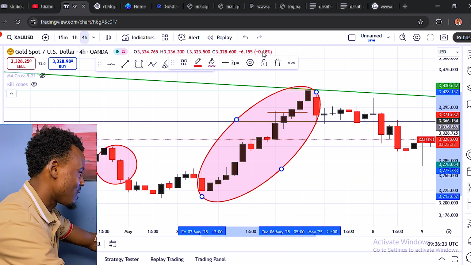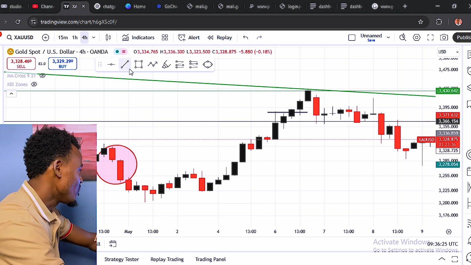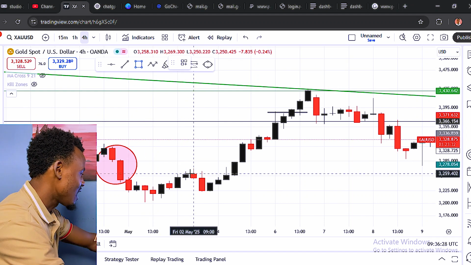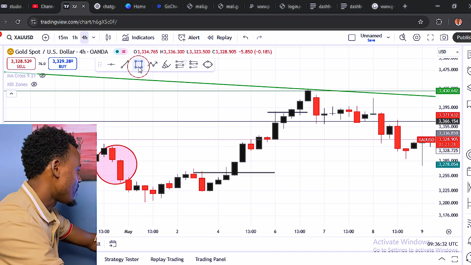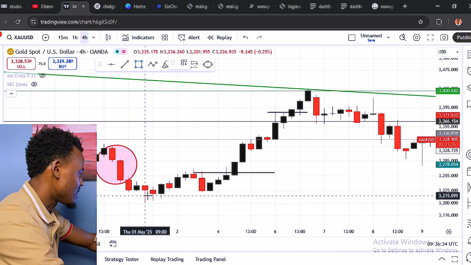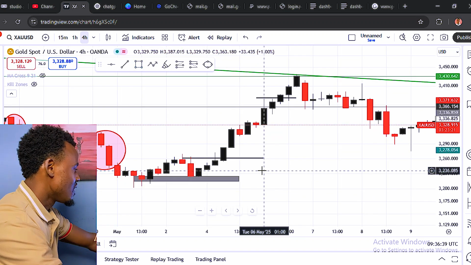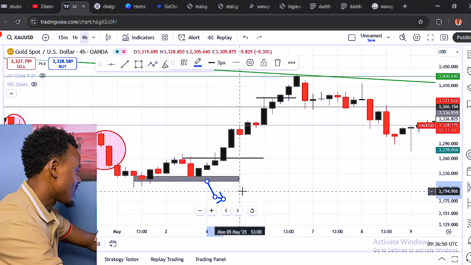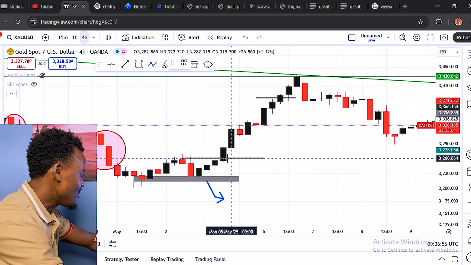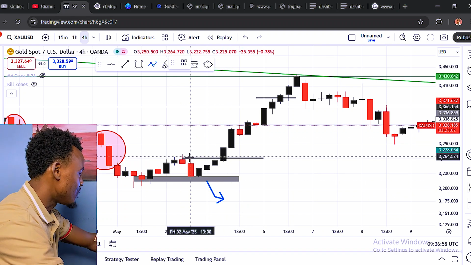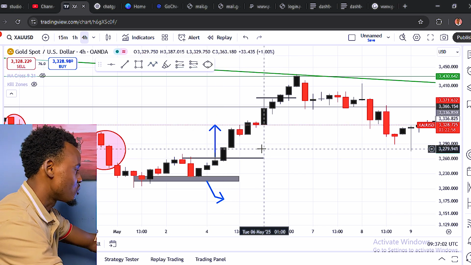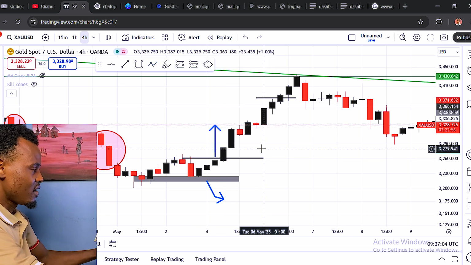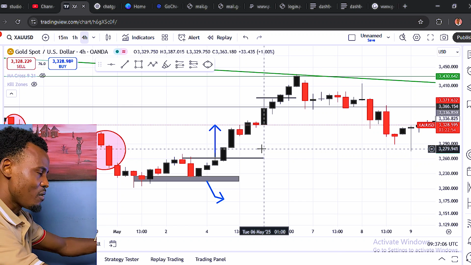Again, as a trader, I will always tell you to mark out your recent high and mark out your recent low. If price breaks down here, that means keep selling. And if it eventually has the strength to break this zone right here the way it did, that means it's really going to keep buying. Do you understand? It's just as simple as that.